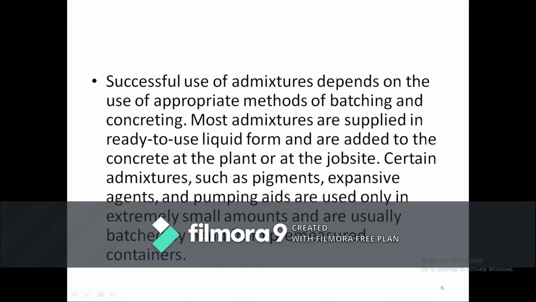So here the concrete itself is an element which is hardened enough and which has a very good strength. To those only we are adding these admixtures in order to change the properties depending upon the need. So now when you think about these admixtures in our soil content, how will they be changing? They will be changing the soil properties to a maximum extent. So now let us see how these properties of admixtures are used in our soil contents.